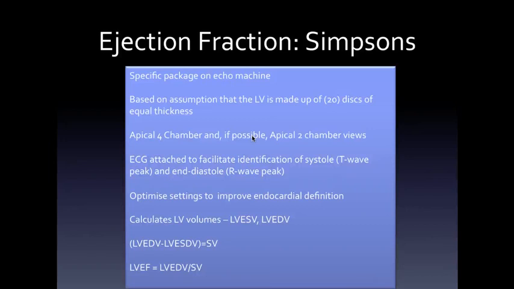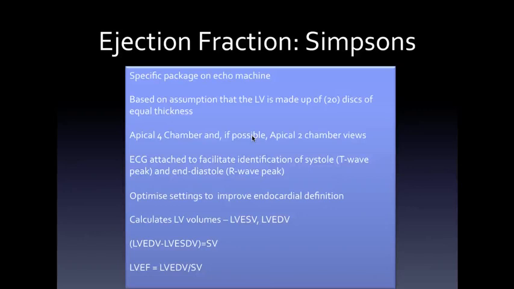made up of a series of discs lying on top of each other. And when you do that, you can make some geometrical mathematical assumptions that allow you to calculate volumes. So Simpson's is a method for calculating volumes in systole and diastole, and thereafter allowing a mathematical derivation that will produce an ejection fraction. So what you do is you attach your ECG, obviously, you get the best apical 4 chamber you can, and ideally you'll use an apical 4 chamber and an apical 2 chamber view, and that gives